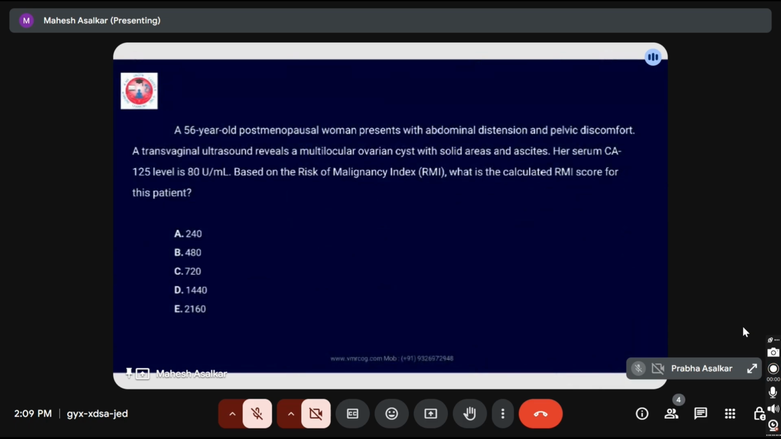Okay, now let's solve this particular one question. Dr. Amrita, read this question and see if you can calculate the RMI. Yes, sir. a